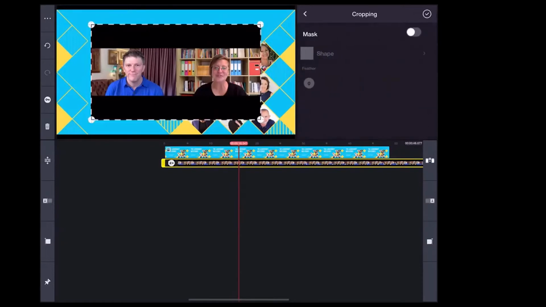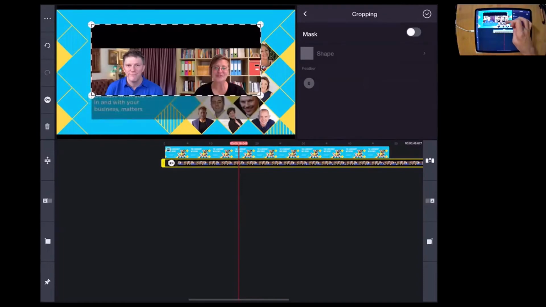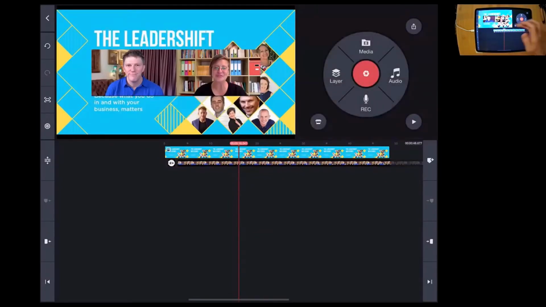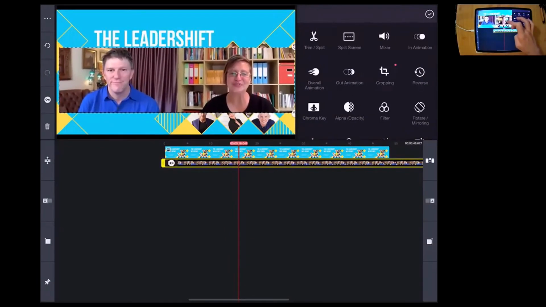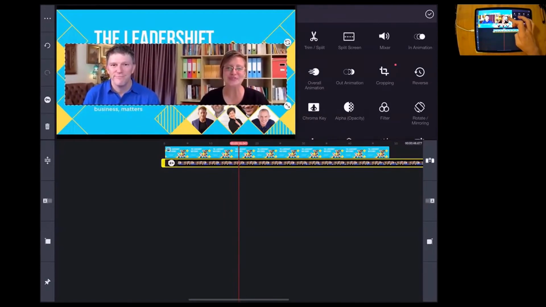So I'm going to hit the cropping button, and just like on any other thing that you crop, you just use the bit in the corner and you crop it. I'm just cropping out the black bits, and that'll probably be enough. There you go. That looks quite nice. And now I'm going to pop it in the middle of the screen so that everyone can see. I'm going to leave that bit of a border, which looks quite nice. And now you see